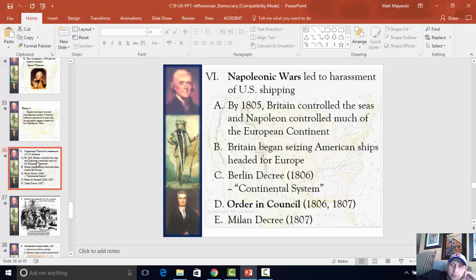So again, now the Americans are stuck between a rock and a hard place. If they travel to Europe to try to trade with the French, the English are going to stop them, raid them, and seize their cargo. If they go to England first and then try to trade with the French, then the French will close off their ports or even seize their cargo once they make it into the European harbor. And then, in the Milan Decree of 1807, Napoleon announces that they will basically do the same thing as the British: any neutral vessel can be targeted by the French if there's a belief that they might be trading with the English.